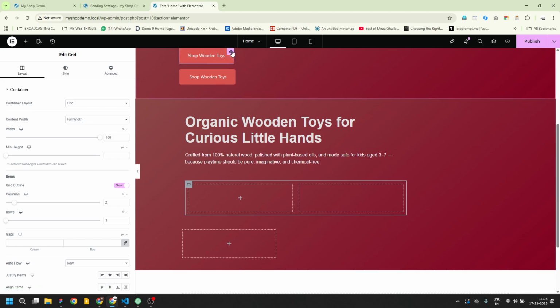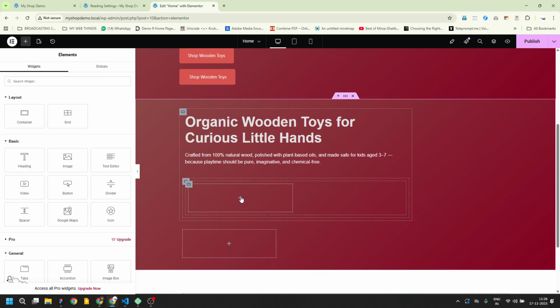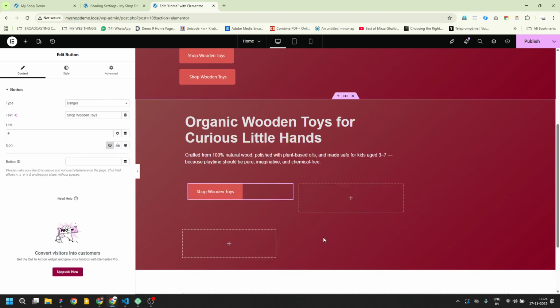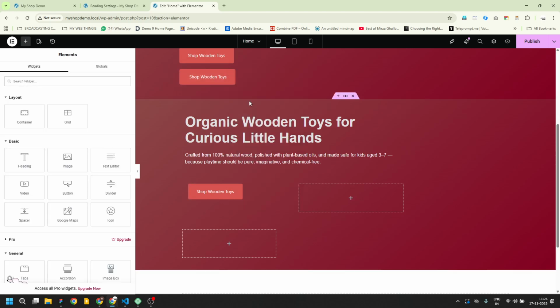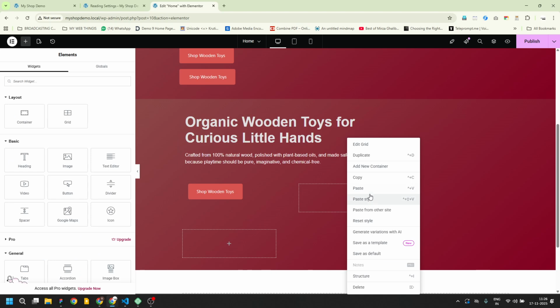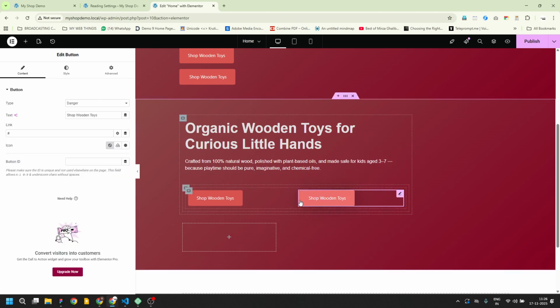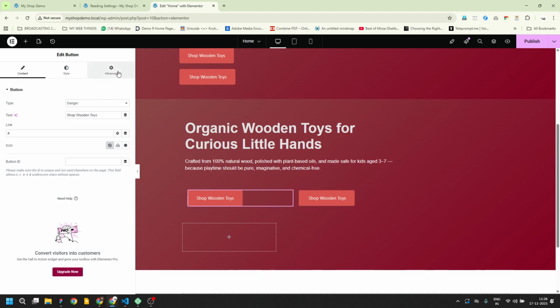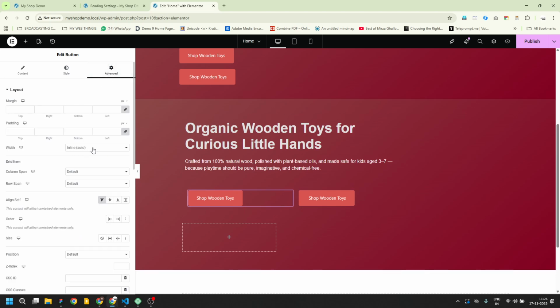बट मेरा ये वाला जो बटन है, इसको मैं कॉपी करता हूँ और यहाँ पे पेस्ट कर देता हूँ. हो गया? अब ये कॉपी करके यहाँ पे पेस्ट कर देता हूँ. साइड बाय साइड आ गया. अब ये एडजस्टमेंट जो है, बस यही बचता है हमारे पास. ठीक है? सो लेट्स क्लिक ऑन दिस, गो टू द एडवांस, and it says inline auto, change it to default,